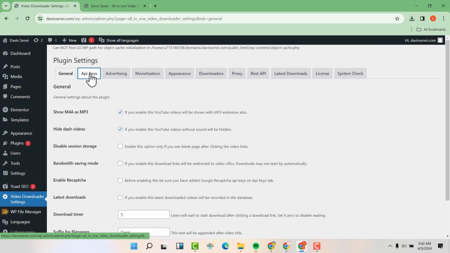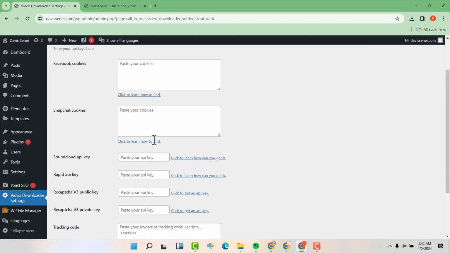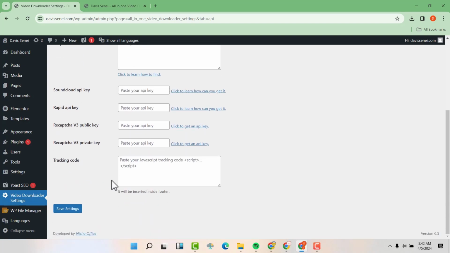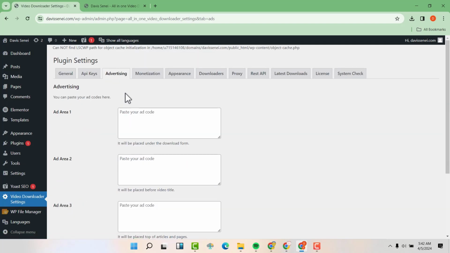Now we can go to API keys. So you can paste your Facebook cookies here and Snapchat cookies here. So right here, we don't have too much to do. So just save settings, then advertising. So this is the place that when you apply for maybe Google AdSense or any other monetization, you'll be given a code. Now that code, you come and paste it here.